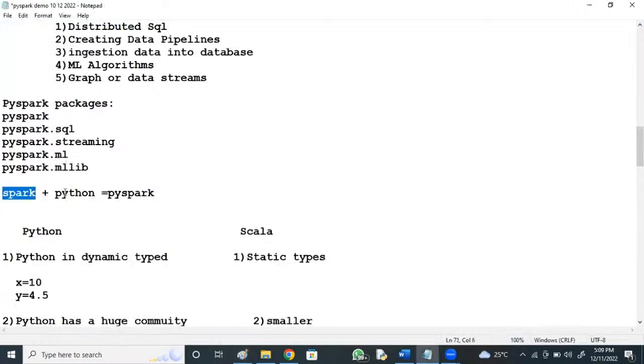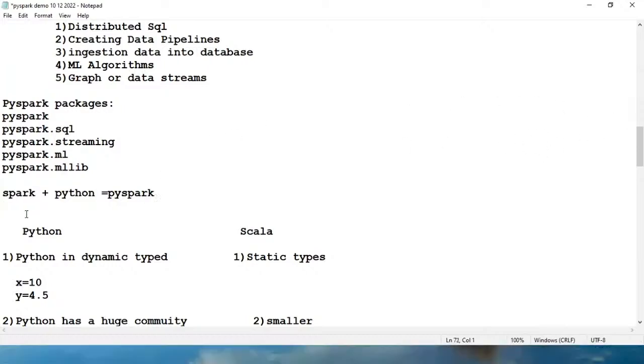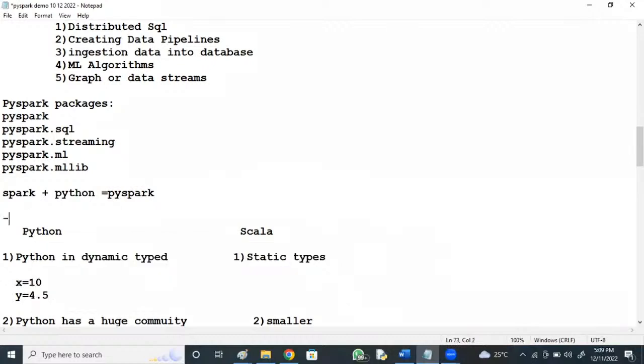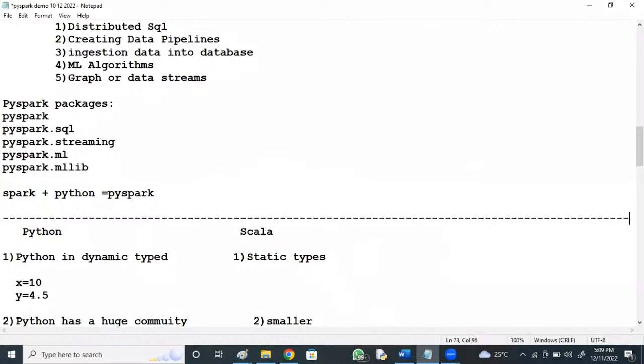So Spark plus Python, Spark and Python combined, we call PySpark. And I was just saying Python and Scala are the most preferred. What are the differences we see? Python is dynamically typed in the sense